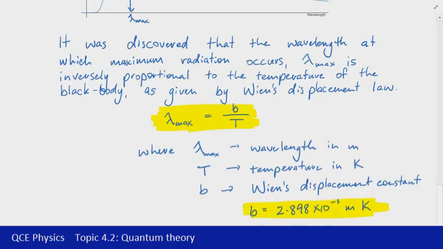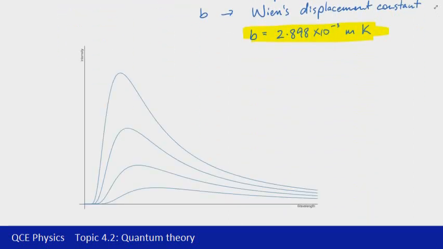Now, to try and make a bit more sense of that, let's have a look at another diagram. So on this graph we have a number of different black bodies radiating at different temperatures. You can see that the shape of the curve for each of these black bodies is roughly the same. It starts off low, increases to a maximum, and then decreases back down again. So that shape is fairly consistent. What changes though is the amount of radiation that's being given off by each of the black bodies at its maximum. So you can see that each of those maxima have changed.